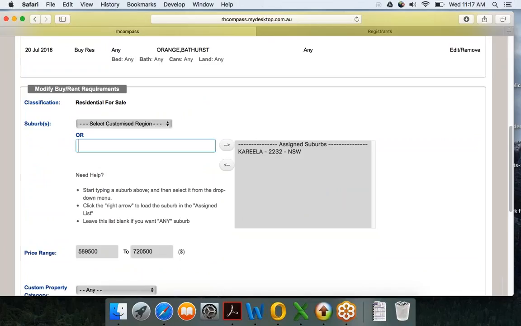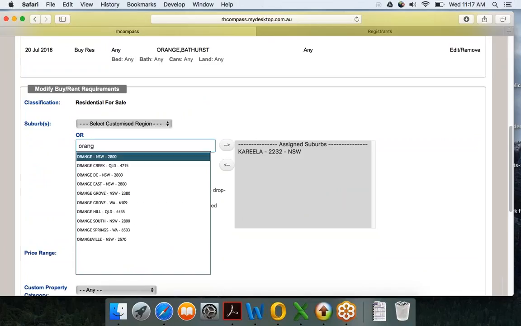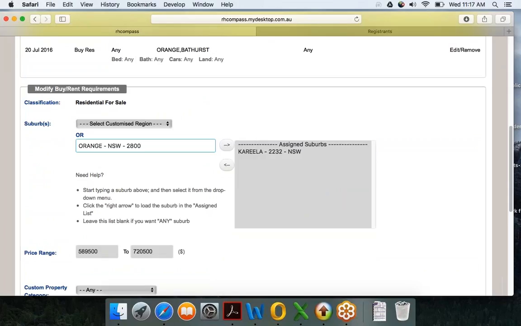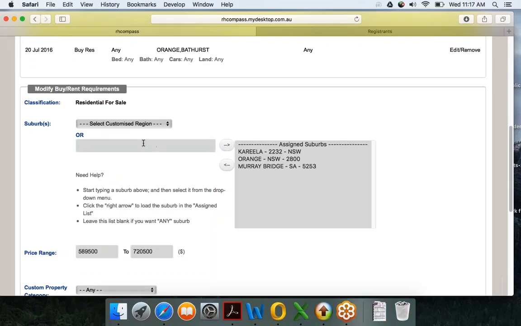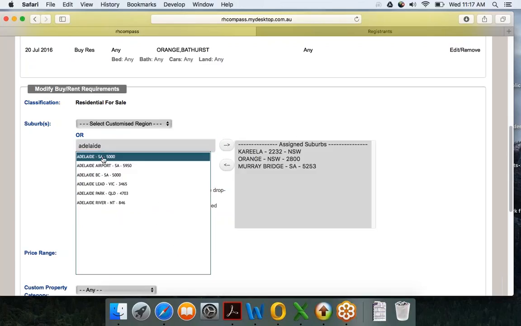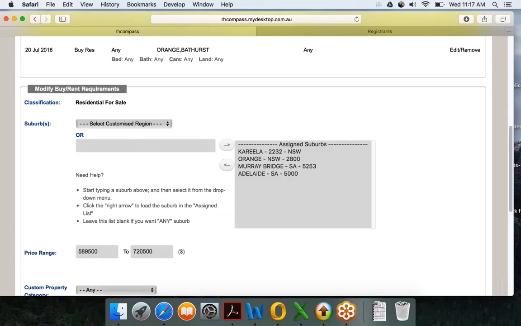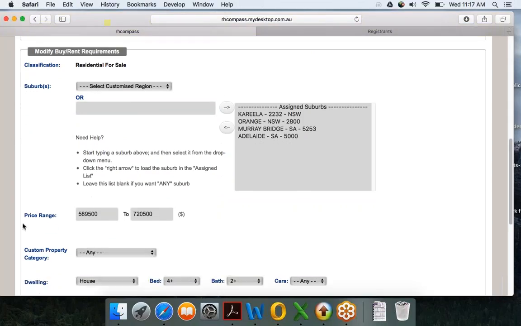Okay, they're looking at one suburb. We can go and add in there that they're looking at a whole heap of different suburbs. We're just typing in the suburb, adding it to the right-hand side. Typing in the suburb. I'm trying to think of suburbs where there might be some properties that might match. Okay, we can then extend the price range, so we can actually say that they're looking for $550,000 right up